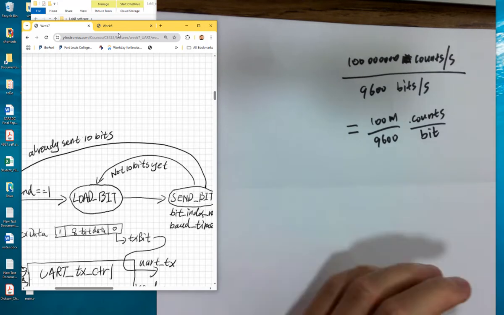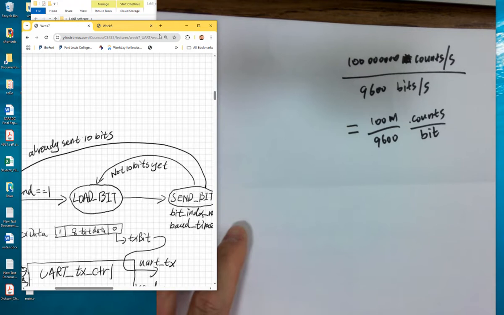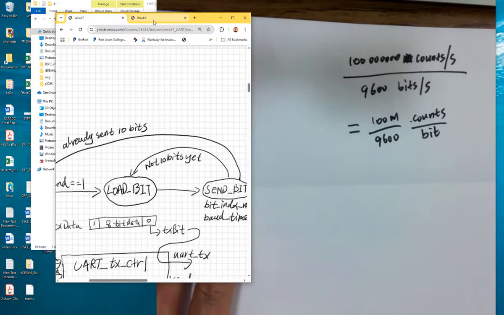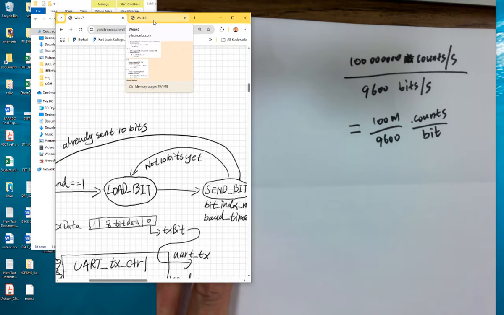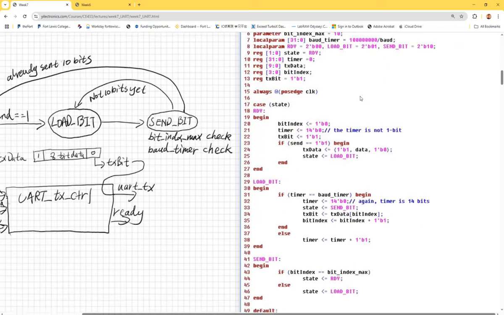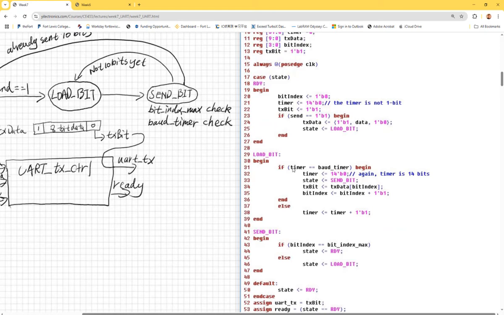So that becomes a count max. We want to use that as the timer's count max. Whenever it reaches that baud timer, the timer is ticking at 100 megahertz, and whenever it reaches this value,